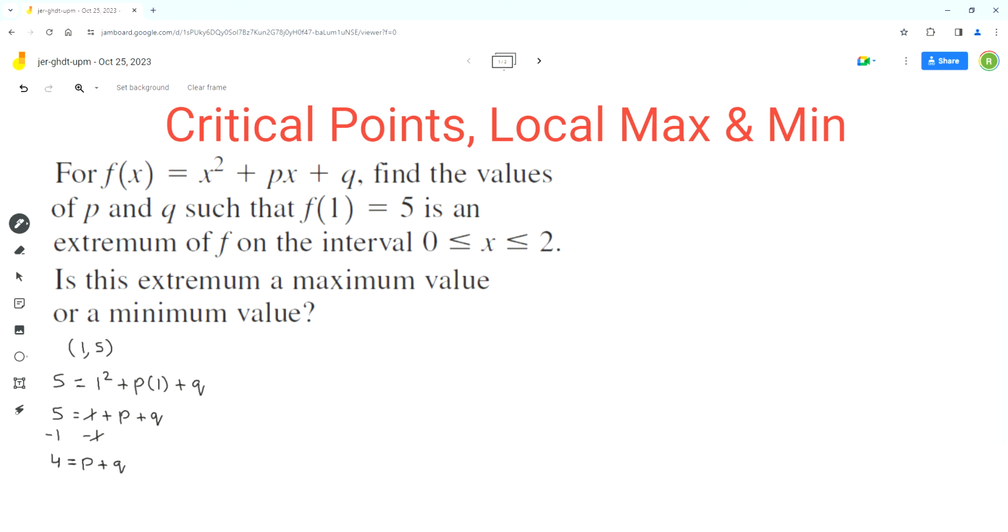And a horizontal tangent has slope equal to 0. So the next step is to find the derivative of this given function because the derivative represents the slope of the tangent. So we start with f'(x) equals,